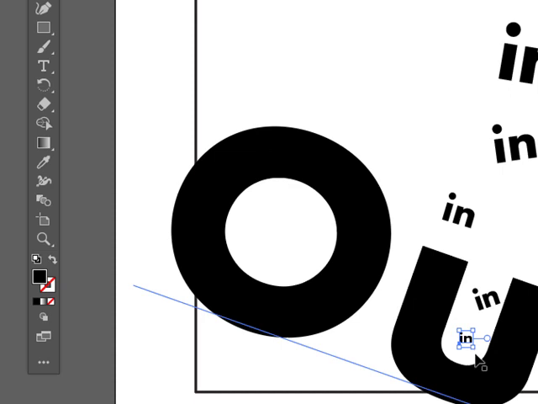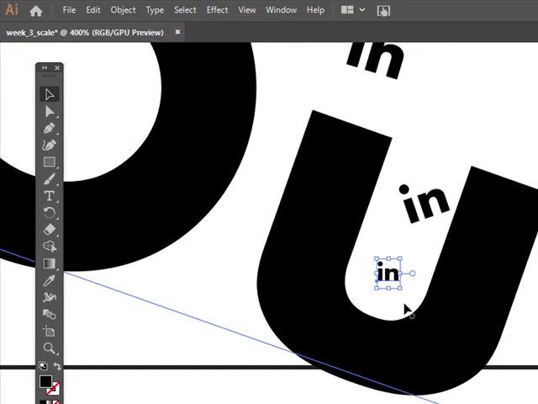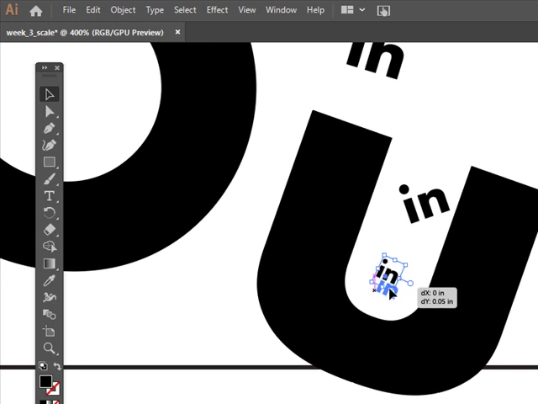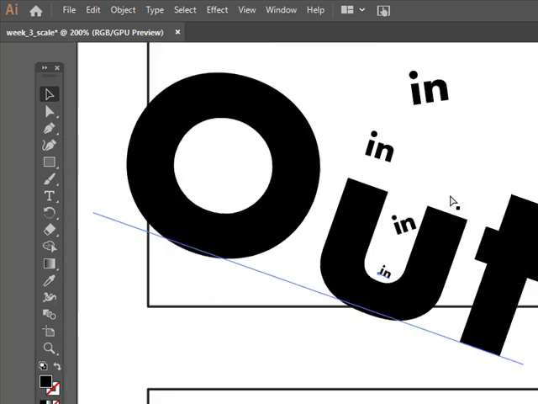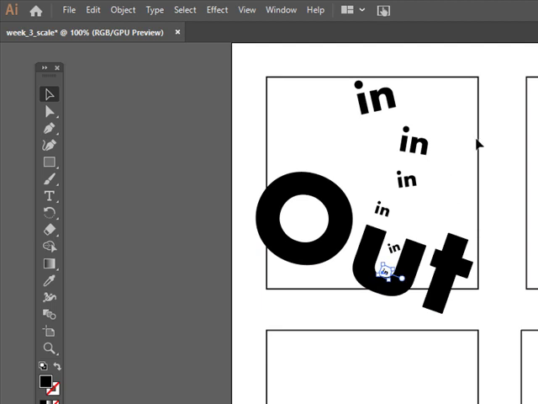Come on. I think I've got to zoom in. There we go. I'll go the other way. And I'm just going to bring it down so it's like that. Okay, that's maybe starting to get somewhere. Now with the out, I want to clip that into the square, so it's got to be inside, so it feels like it's